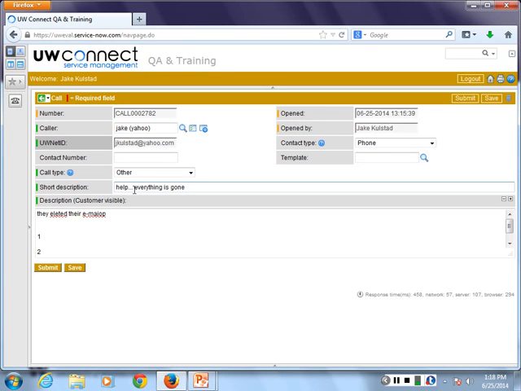So if I log something as an other call, it's just going to have a database entry for us to look at, not the customer. So I just want to point out that if you do that this is a small lie. The customer visible portion is not actually customer visible. It's only customer visible if we make it a request or an incident.